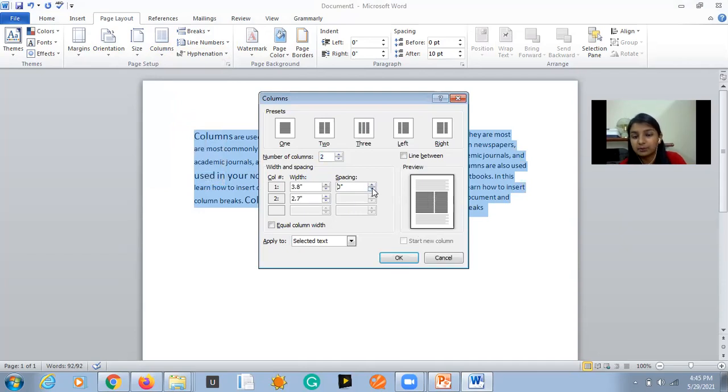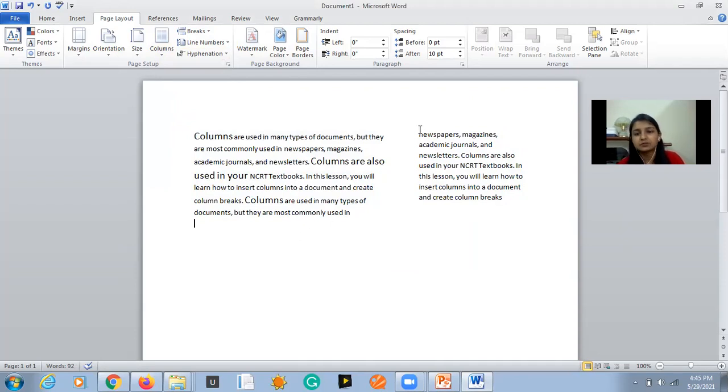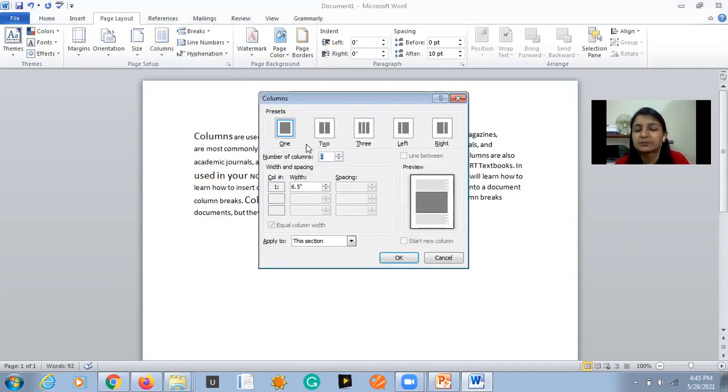Now it would be about the spacing. The way I have shown you how much space we have to give, like the area between these two texts, how much area we have to leave in between. Sometimes we feel like we should give the space of one only, and sometimes we feel like we should give the larger space. So this is the function of this more columns option. Okay, so you can explore all this and have fun.